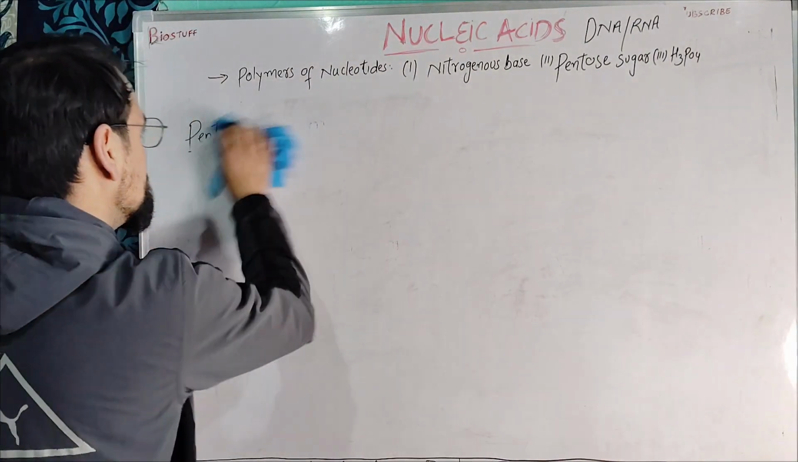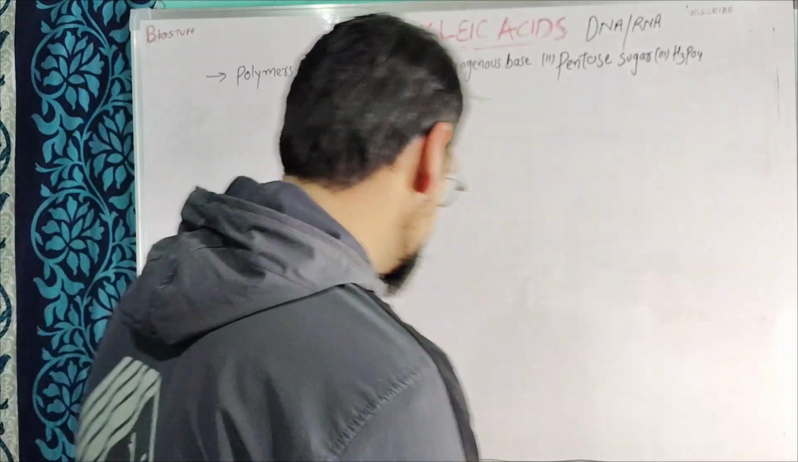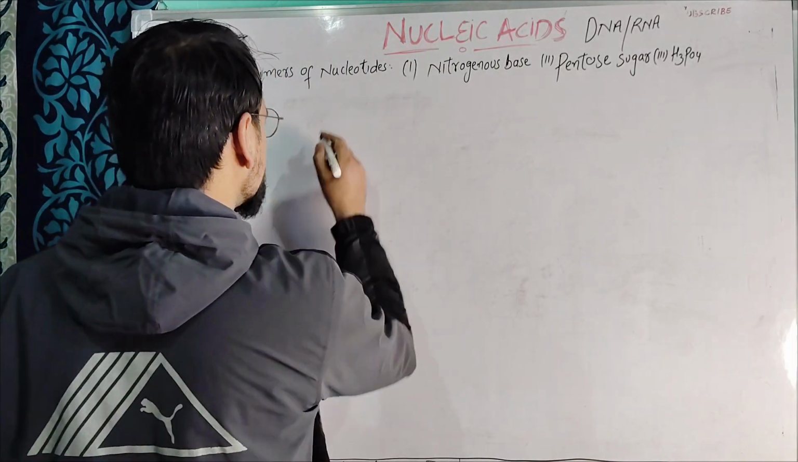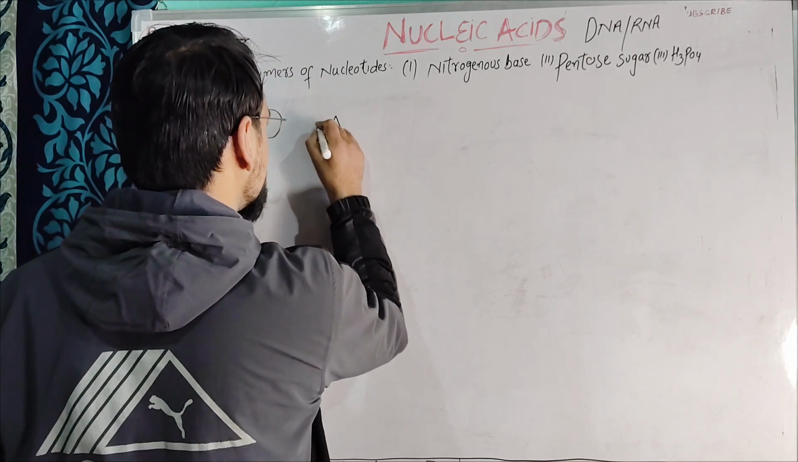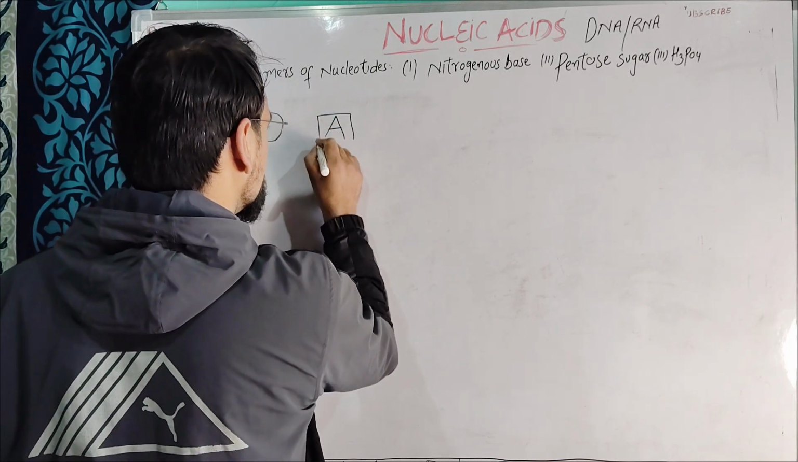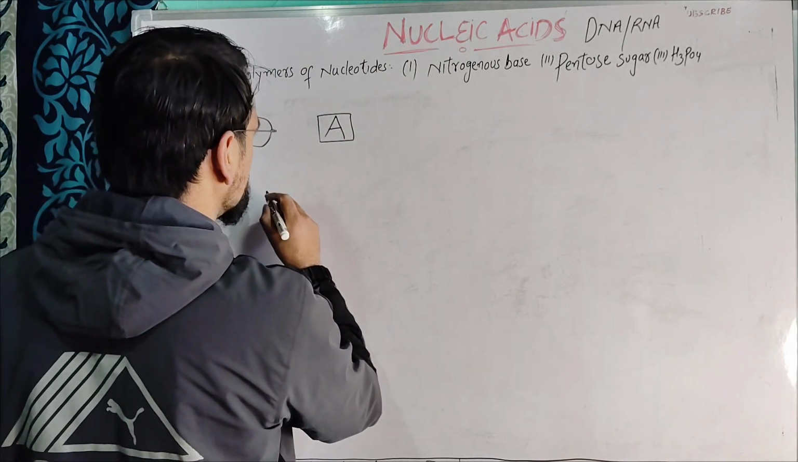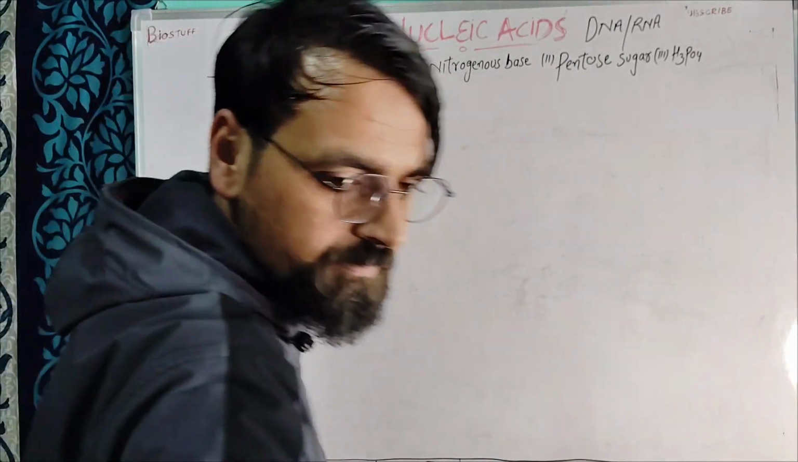Now we'll make a nucleoside, then we'll try to make a nucleotide. For example, I will not draw the structure of the nitrogenous base. For example, this is adenine. Now we know the structure of adenine. Or I must draw it so that you will exactly understand how the glycosidic bond is formed. So this is